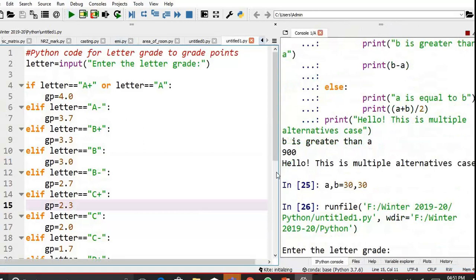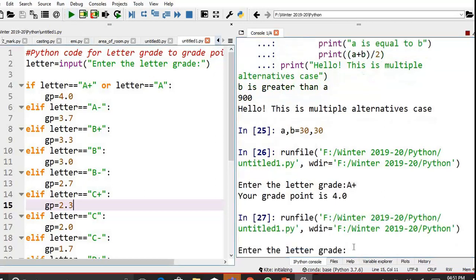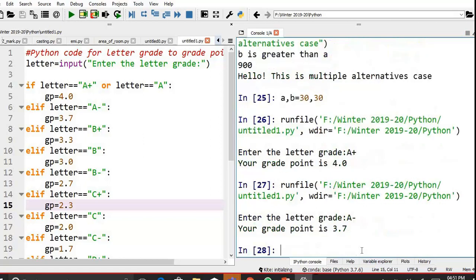Okay, I'm executing. I have to test my code. I have to go for all possible cases. For example, I'm giving A plus. See, it is 4.0. I'm giving A minus. A minus is 3.7.